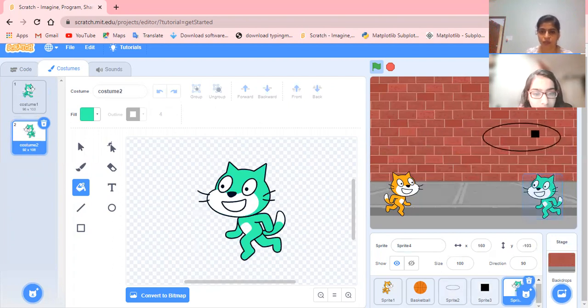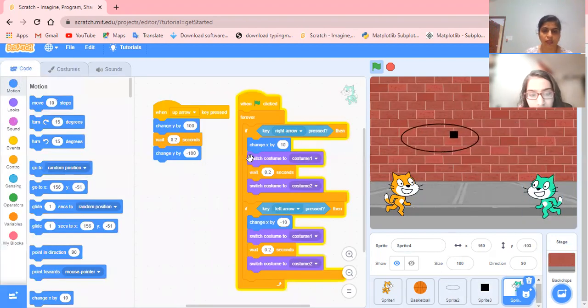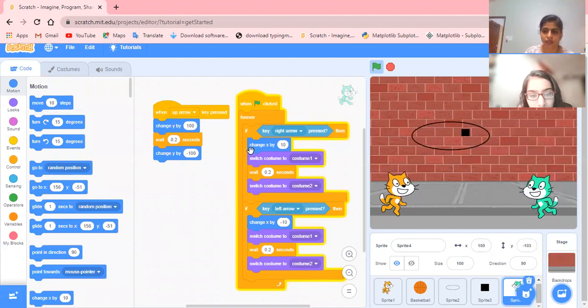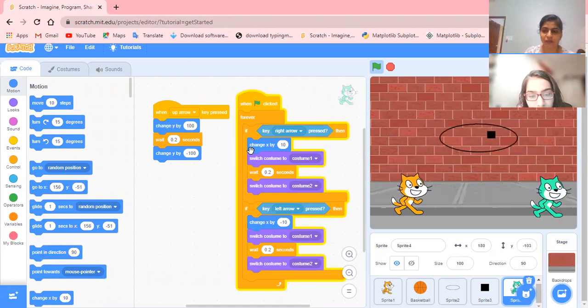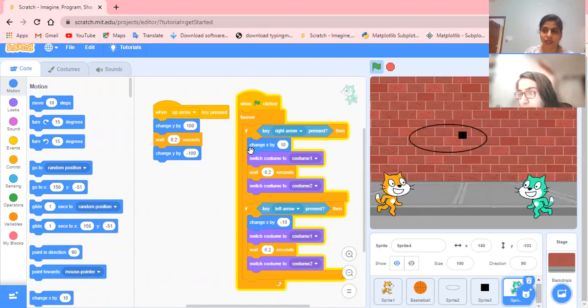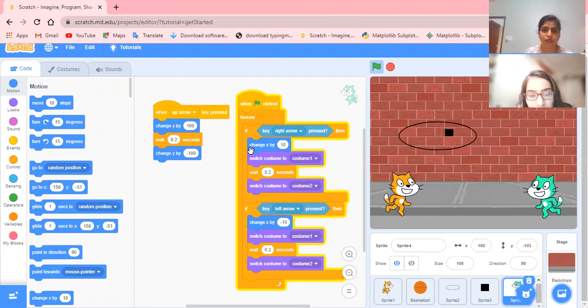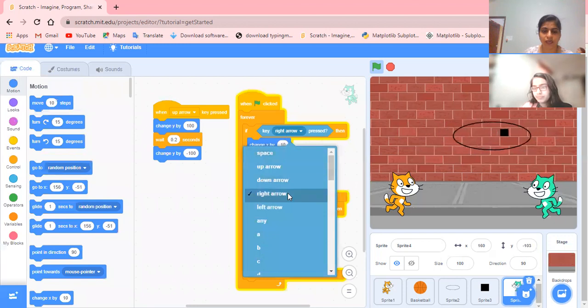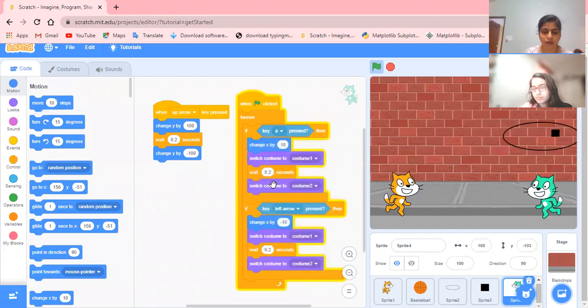Let's go for the code. In this code, because of duplication, both cats are, you see, though we flipped, but while walking it's going in that same direction. Okay, so we just want to change this. In place of the right arrow key, let's select A, because the left hand will be closed. Or we can keep the arrow keys for this and alphabet keys for the first sprite, up to our choice.